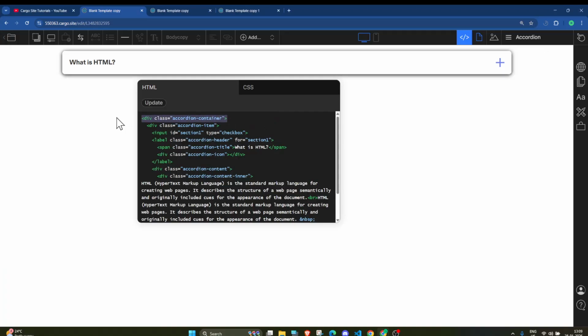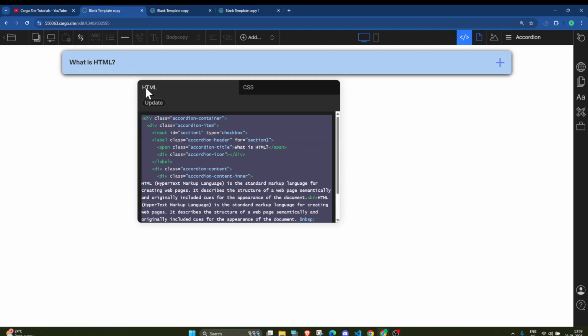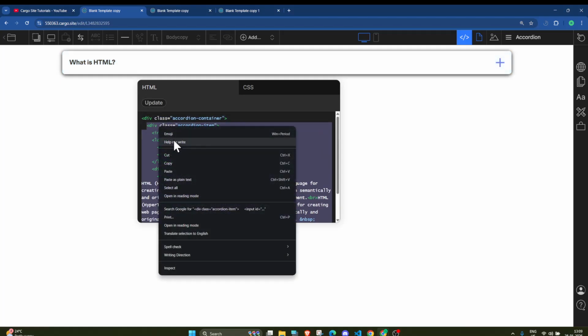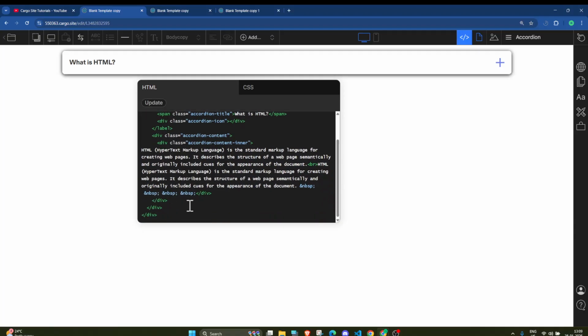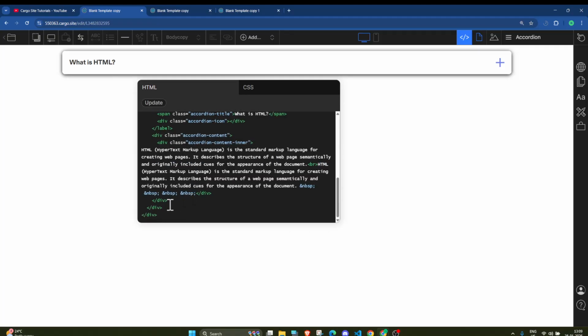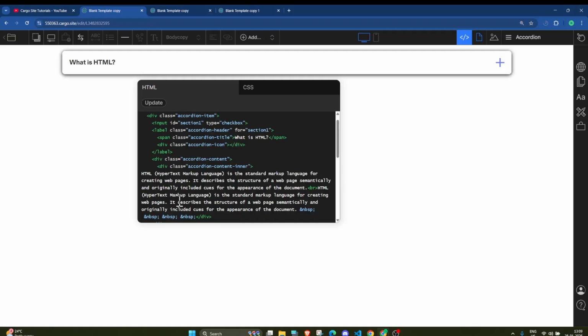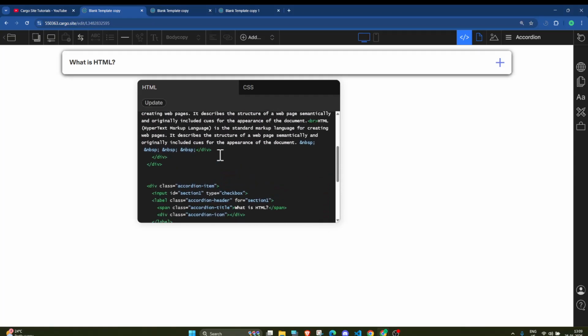You need to skip this thing and you need to copy this accordion item, simply copy this thing and here add spacing, and in the end make sure there should be only one element here. So simply paste it here and let me add spacing here. So this is the accordion item first and this is accordion item second. Simply click on update here.